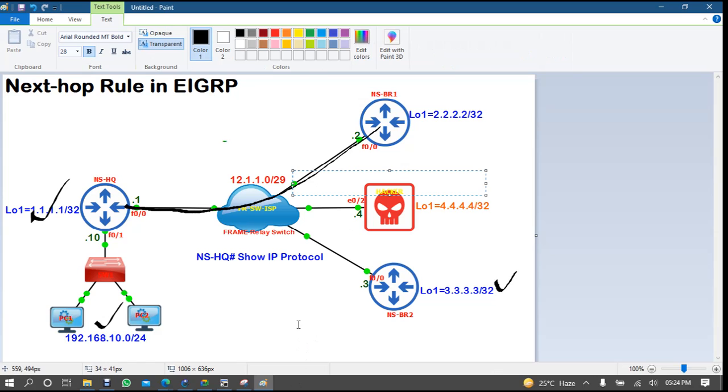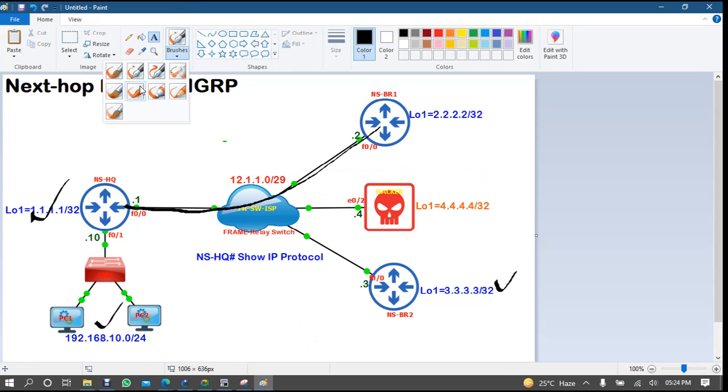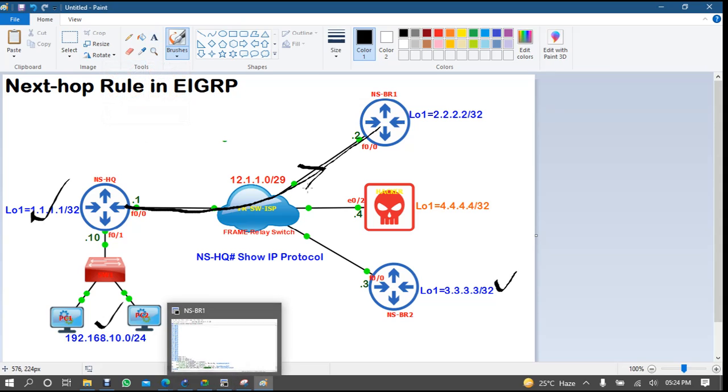The headquarter is saying, whenever you want to reach this network, the origin is me, it means I have originated it, so whenever you want to come, you can come to me, the next hop is me. And when he's sending this network, he is also saying that if you want to reach 192.10.0, the next hop is myself, so whenever you want to come, you can come to me, no problem.